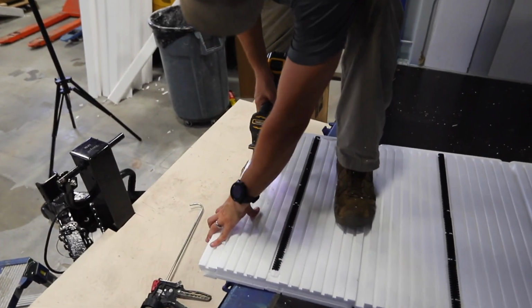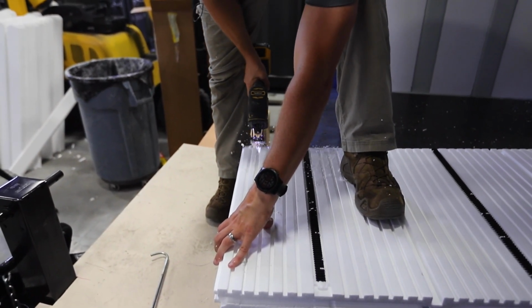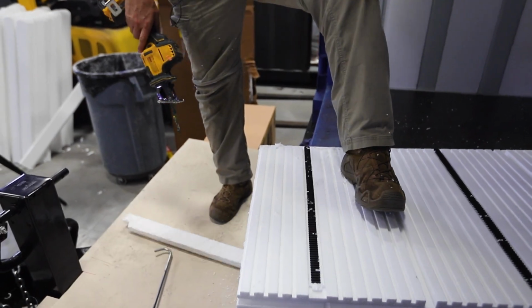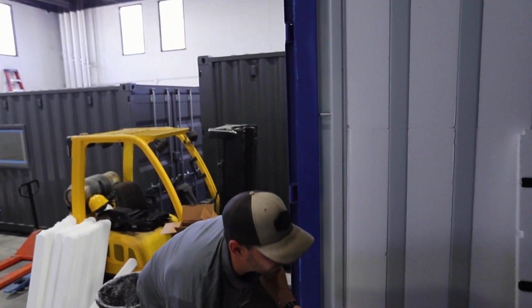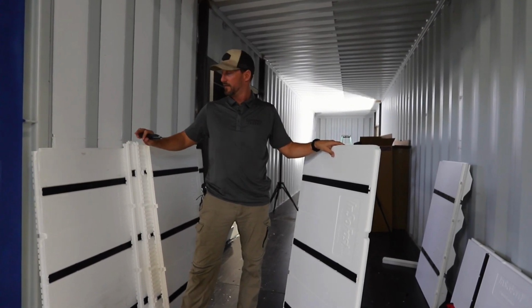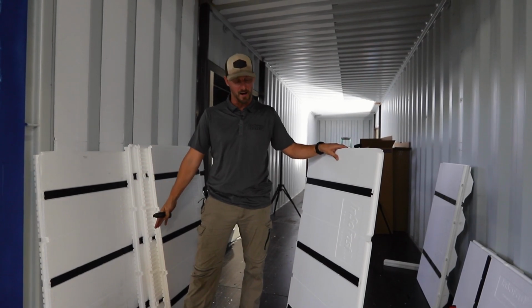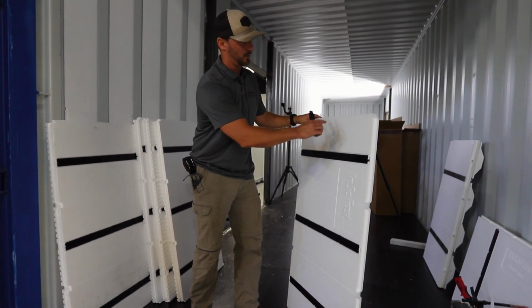You can do a Sawzall, which will go a lot faster, but maybe not as accurate. A little bit faster. But honestly, it's super easy to do with a little handsaw or anything. For this wall, we already determined that we need to cut 2 inches off the bottom of this panel. And again, we're going to make sure we're cutting off this end because we want to leave this fin